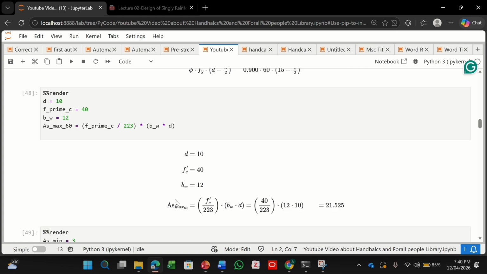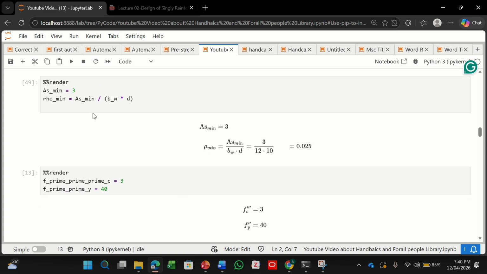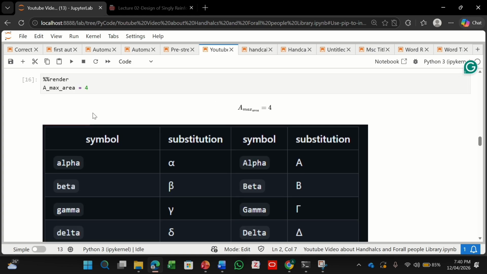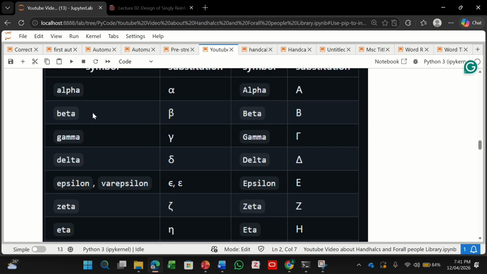We will be solving these, and I will be writing the codes in front of you in the example of part 3. Don't worry if I am not solving it or writing it now. As you can see, there are also different symbols, like pi, alpha, beta.